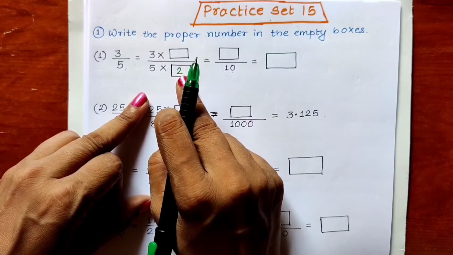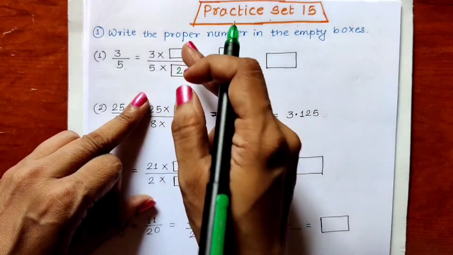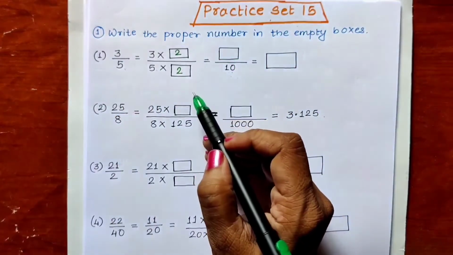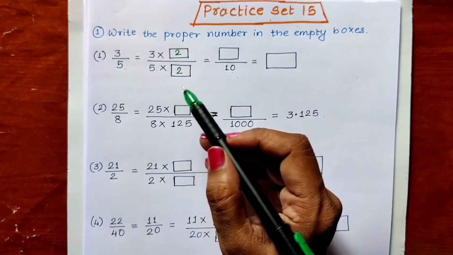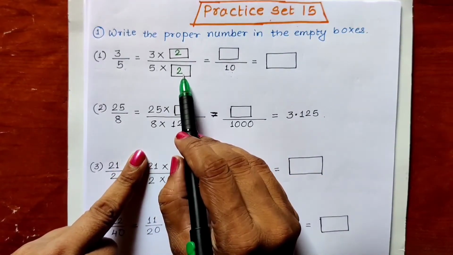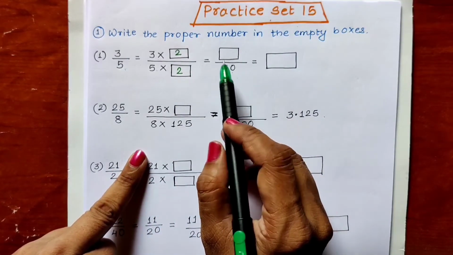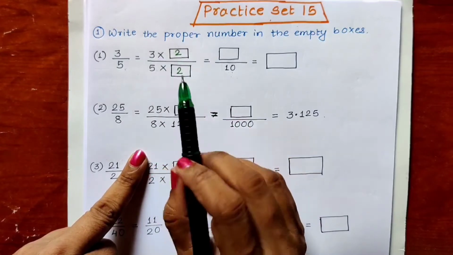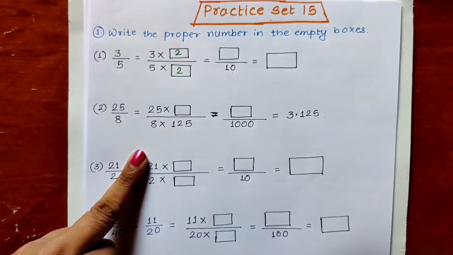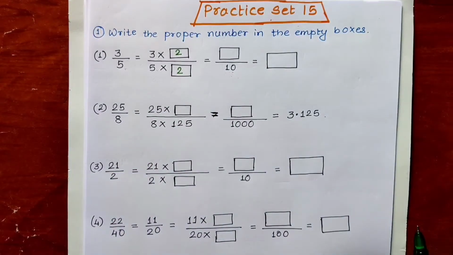As we are multiplying denominator by 2, we have to multiply numerator also by 2 because this is the rule. We have to multiply numerator as well as denominator by same number. So as we are multiplying denominator by 2 to get the answer 10, we will have to multiply numerator also by 2. Now let us multiply the numerator. 3 2s are. What we will get? We get 3 2s are 6.